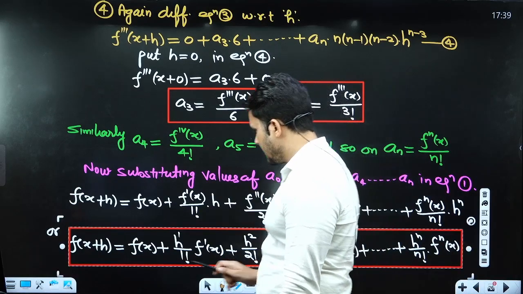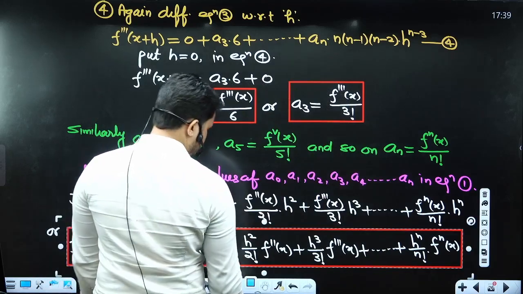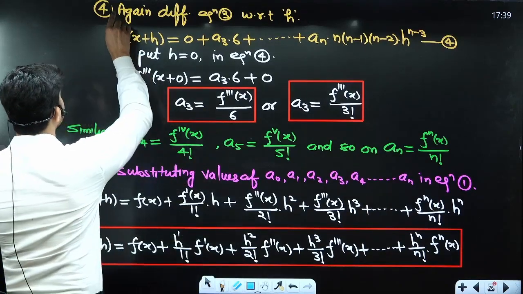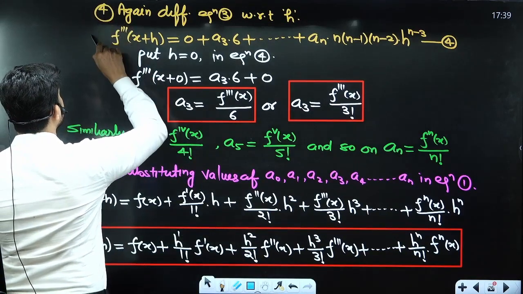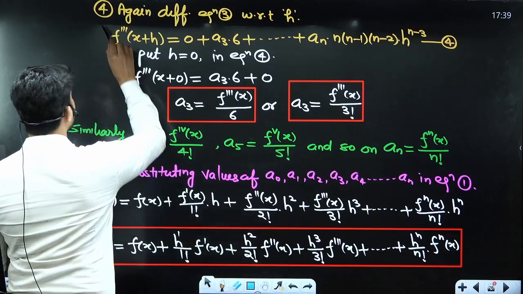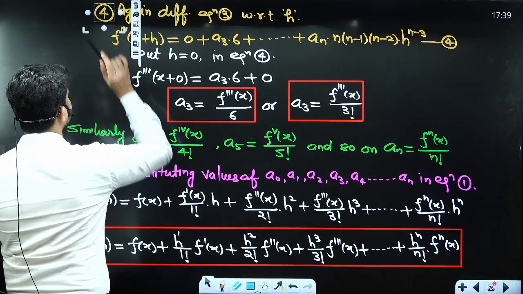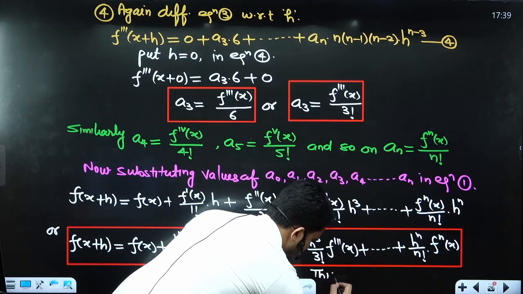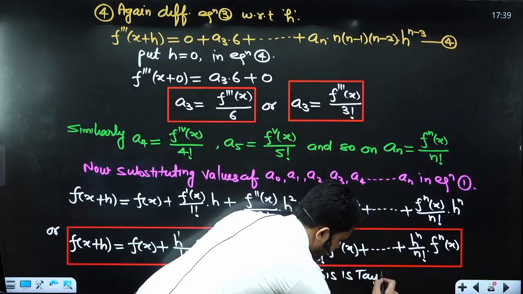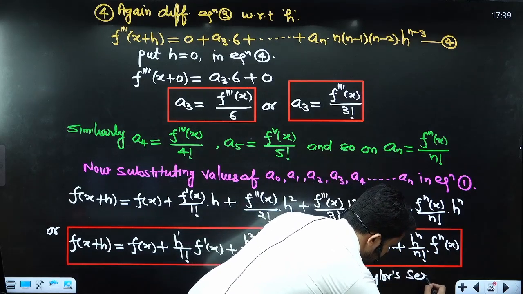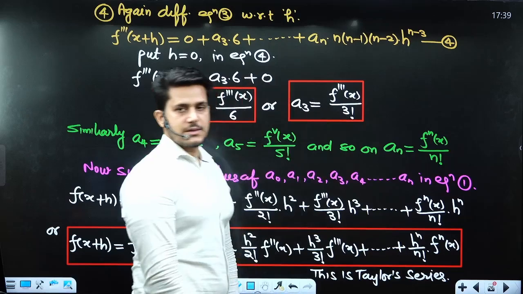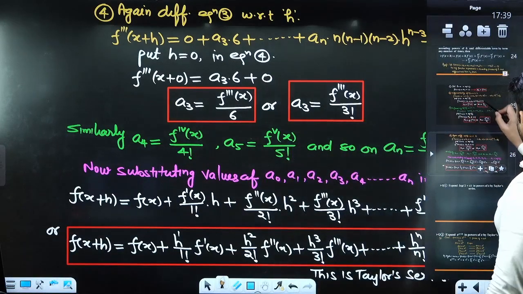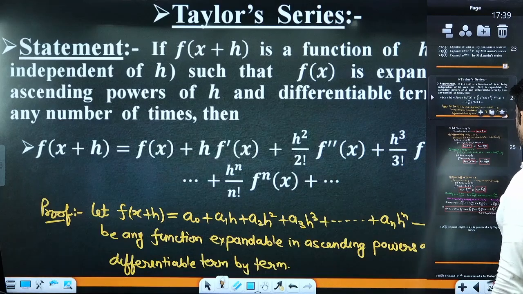क्या बोलते हैं इसे, टेलर सीरीज बोलते हैं. ओके, this is called Taylor series. Yes, this is Taylor series. This is Taylor's series. ठीक है, ओके, एक बार रिवाइज करा देता हूँ क्योंकि आसान है, ज़्यादा कुछ रॉकेट साइंस नहीं है.